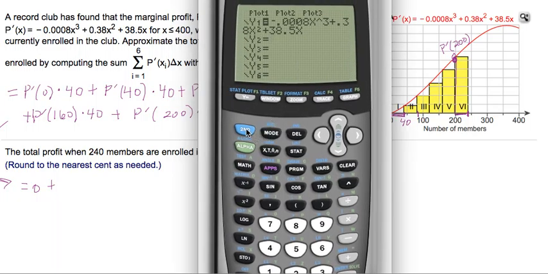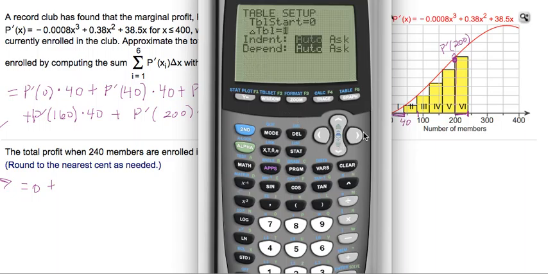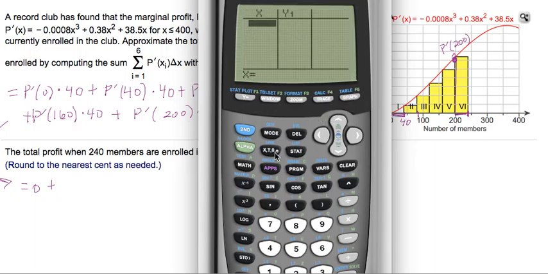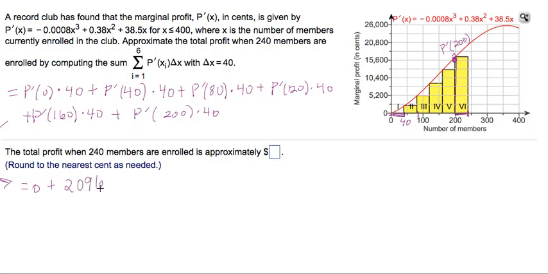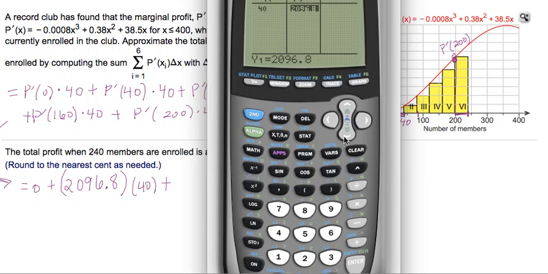Now I'm going to go to the table set and change this to ask, so that when I go to the table I can enter the values at which I want. So for P prime of 40, we input 40 here, and it's exact, it is 2096.8. That's a lot. 2096.8 times the width of that rectangle, which is 40, plus